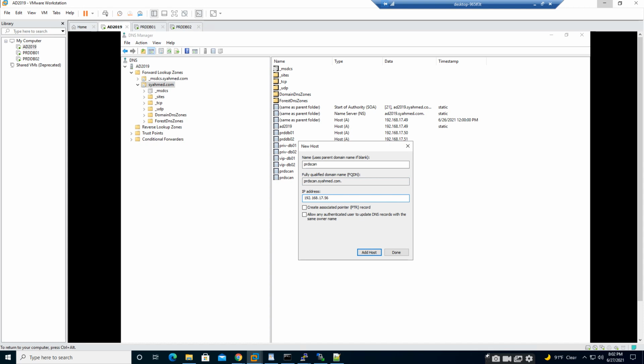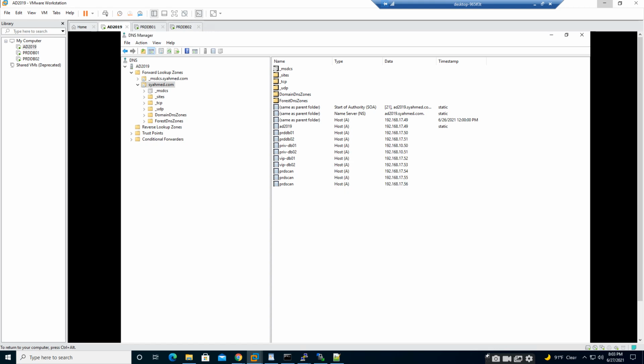That is how you create the scan resolution. Okay, that is done.